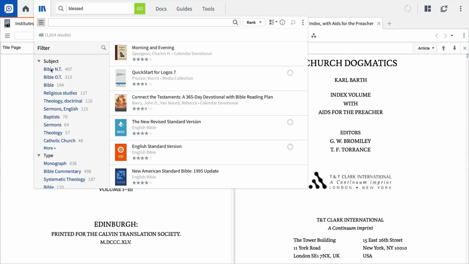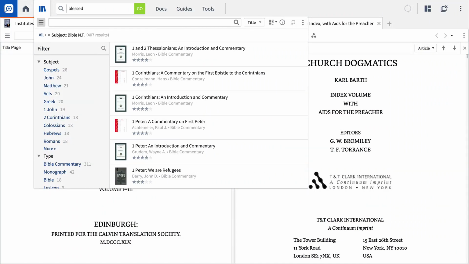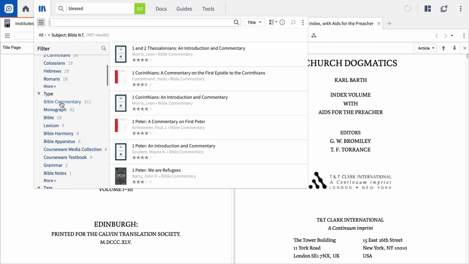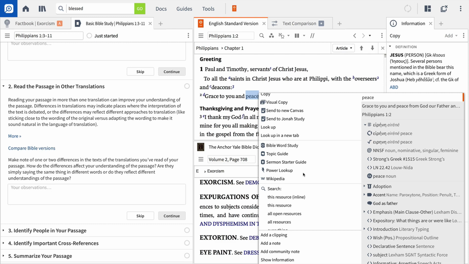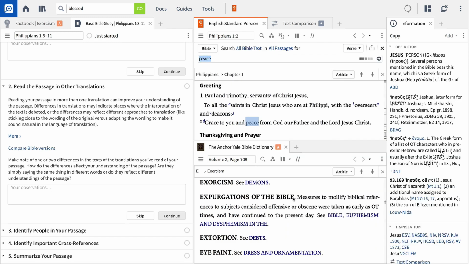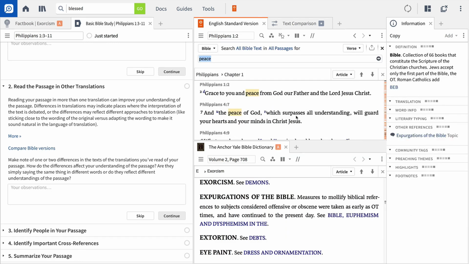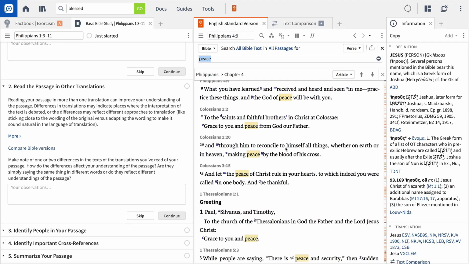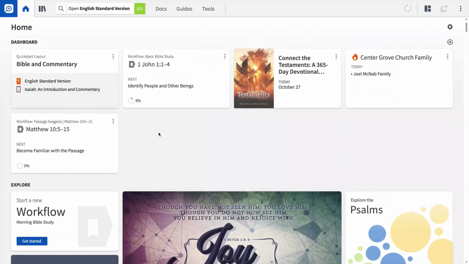Welcome to Logos 8. In this tutorial, we'll go through a brief tour of the world's most powerful Bible software. You'll learn how to find your books, search for key terms, organize your layouts, run Bible word studies, and jump right in with your first study with Logos. If you need more help using any of the features in this introduction, check out the Logos help page at